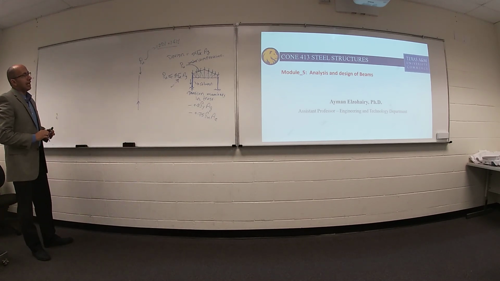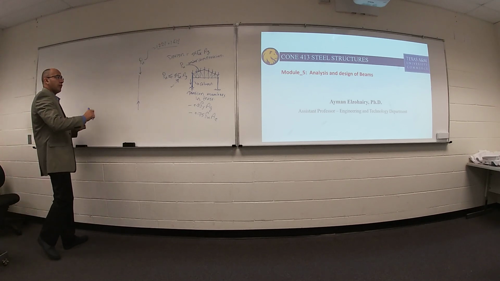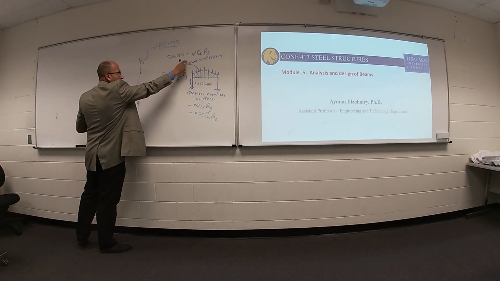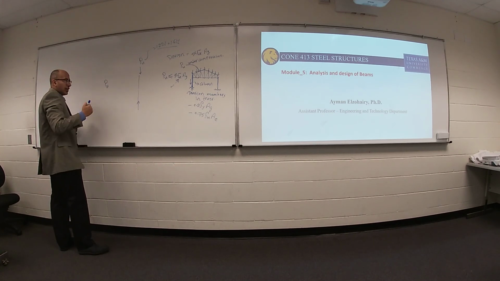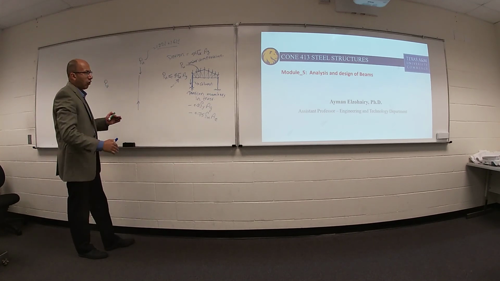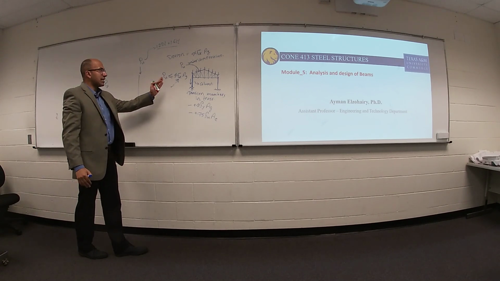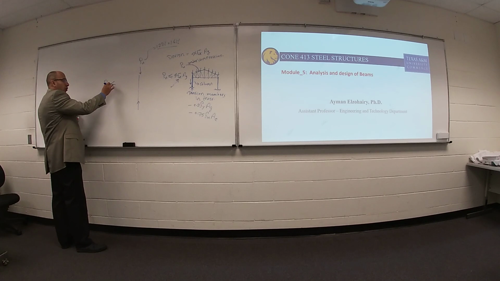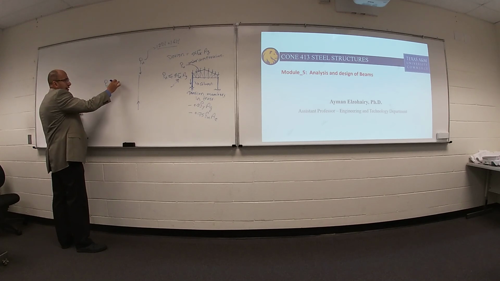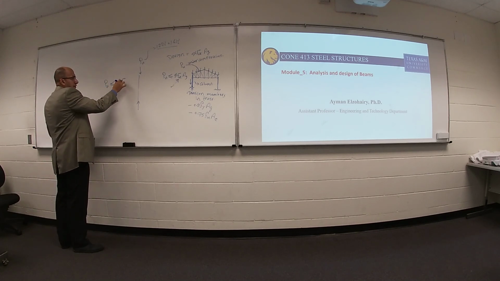We learned a little bit about this column also related to member under compression. Your reaction or your normal compressive force in the column from RISA or from structure analysis must be smaller than or equal phi F critical